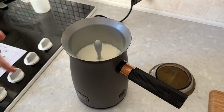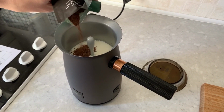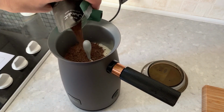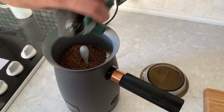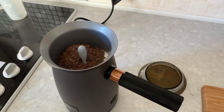Now, if you can see here, it is literally powdered chocolate. From what they said on the demo, it is like shavings from a block of chocolate. So you could tip this straight into your face, which would be lovely, but I'm not going to do that. And it smells lovely, it smells really minty. And then put your lid on,